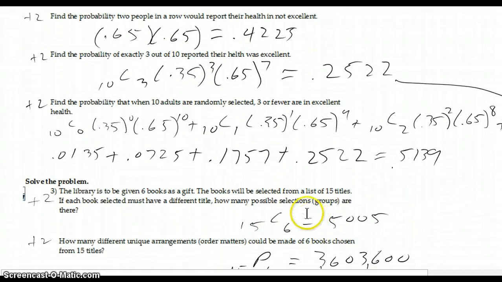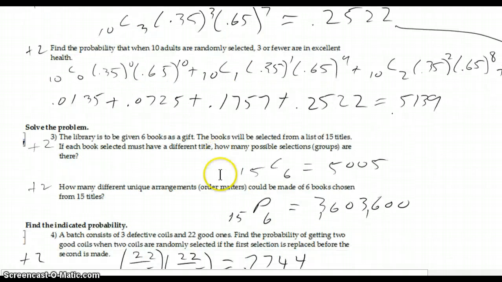And if we add all those 4 numbers together, we get about a 51% chance that you would get 3 or fewer that are in excellent health. Number 3,